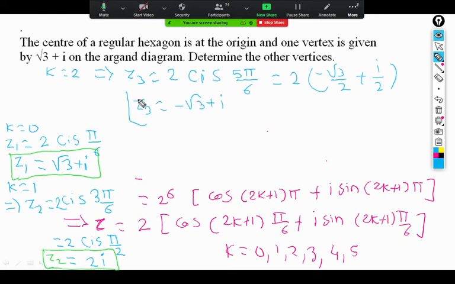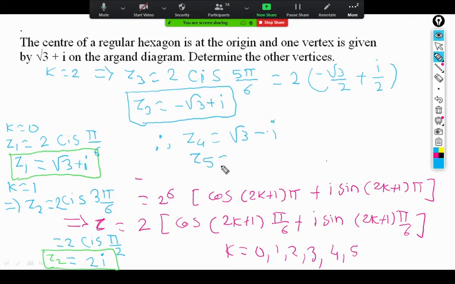So this is one more root we got here. Actually, we know the property that roots occur pairwise. Their conjugate is also there. So I think one of the roots is root 3 minus i also, and 2i is there. So what is the conjugate of that? It is minus 2i. Okay, so we have three different pairs now. So therefore the remaining roots: this is z3, so z4 should be the conjugate of this first, which is root 3 minus i.